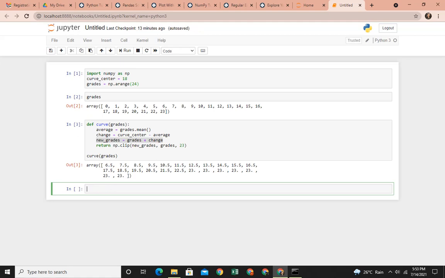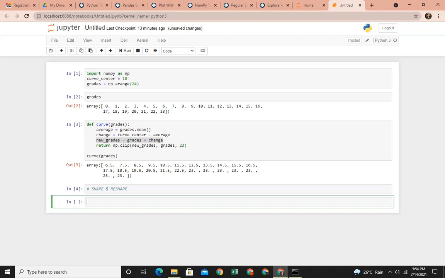Okay, so the next topic that we will be looking at is the function shape and something called reshape. If I want to know the shape, shape is nothing but dimensions.